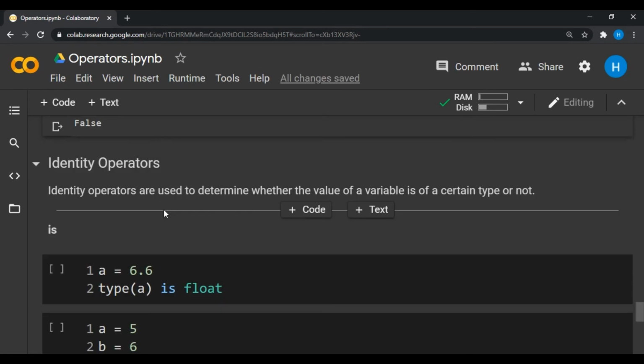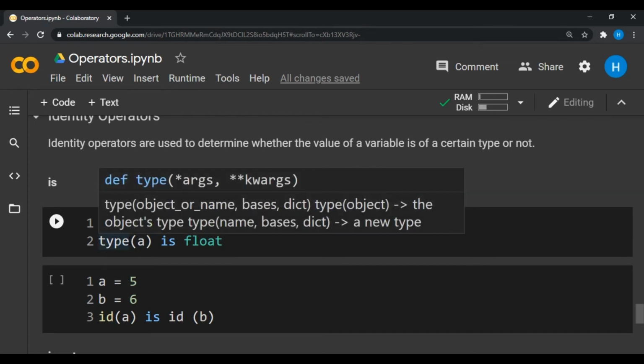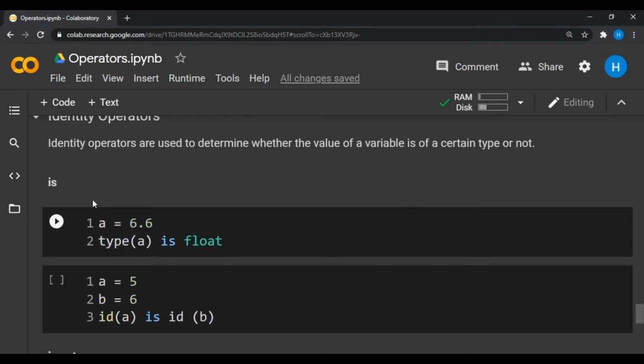Next we have identity operators. Identity operators are used to determine whether the value of a variable is of a certain type or not. So for example, let's take A is equal to 6.6. We know that it is a float, but if you want to check in Python, you can consider the type of A, and we want to check whether this is float or not.